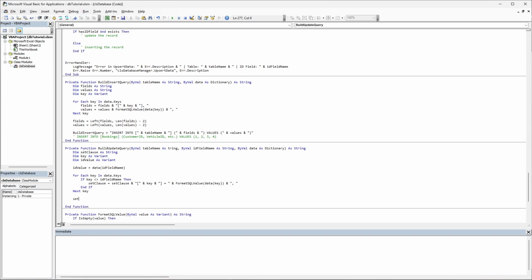And we just get rid of that trailing comma on the end of the set clause,